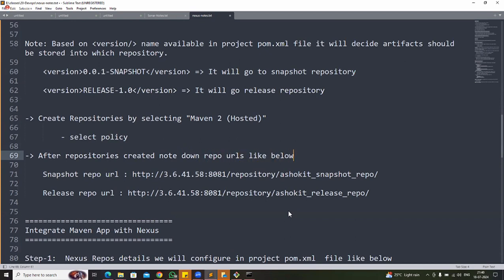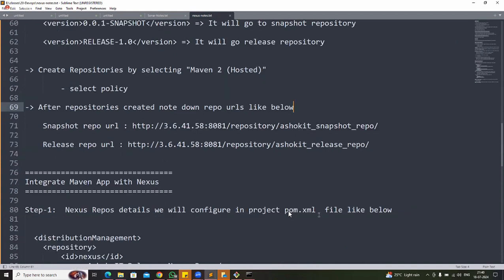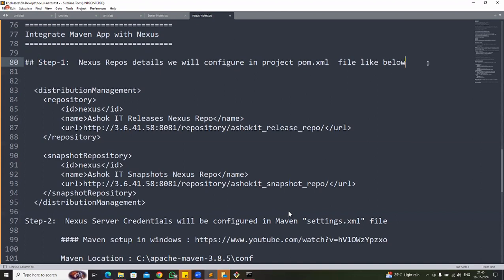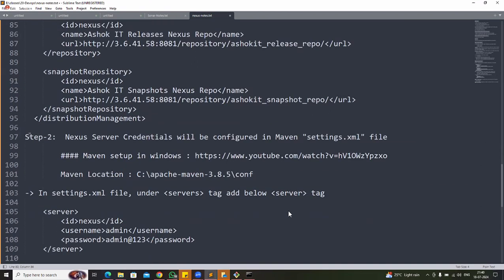So I created snapshot repository and release repository. I have taken those 2 URLs. Then we are integrating the Nexus repository with our Maven project. The first step, step 1, configure the repository details in the pom.xml file like below. Then step 2,